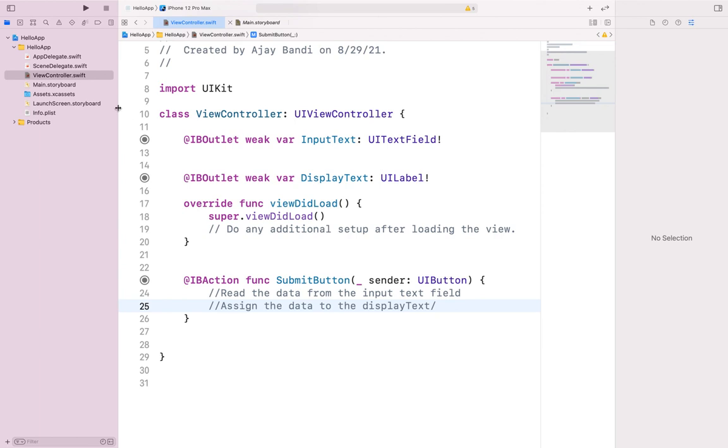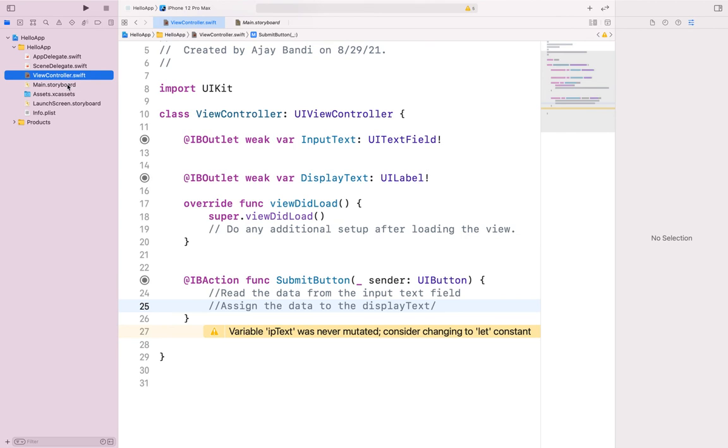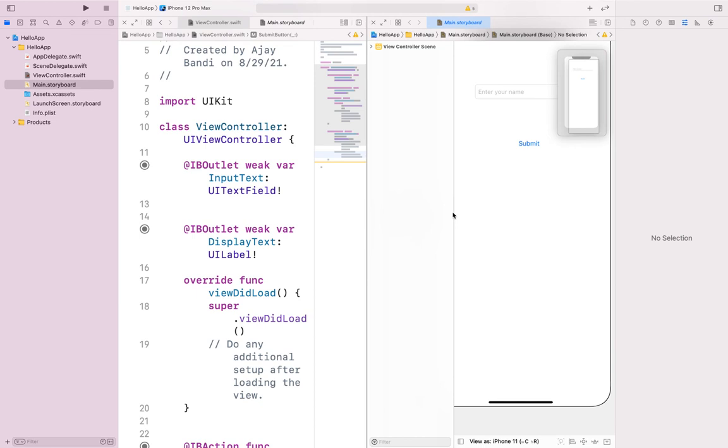I want to rename this one. Hold the option key on your keyboard and open this one again, hide it a little bit, or you can unhide, and we will see what the different components are here. So we have input text, submit, and display text. Okay, so we could go here, or we would be able to see,